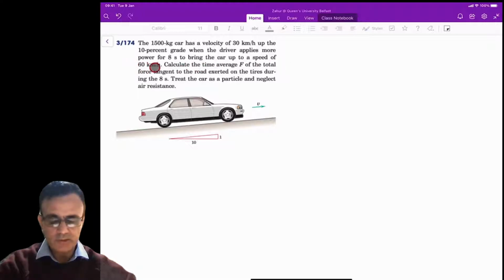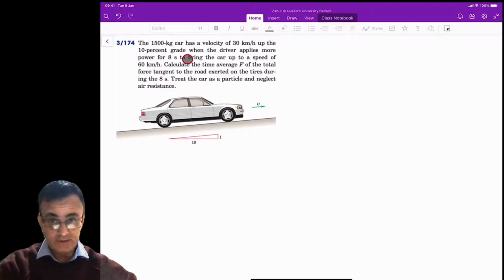a speed of 60 kilometer per hour. Calculate the time average force of the total force tangent to the road exerted on the tires during the 8 seconds, and treat the car as a particle and neglect the air resistance. Okay, so again in this case, as you can see, you need to calculate the force which changes the velocity from 30 kilometer per hour to 60 kilometer per hour, and the force is applied